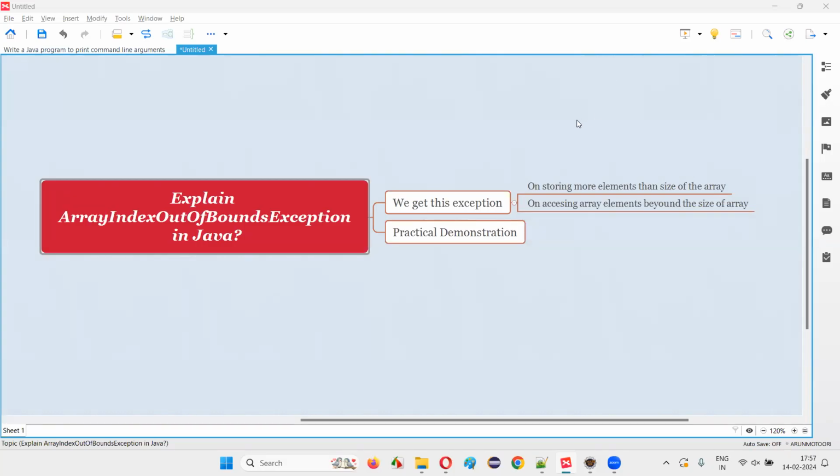In this session, I am going to answer one of the Java interview questions. That is, explain array index out of bounds exception in Java. Let me answer. We get this exception in Java on trying to store more elements than the size of